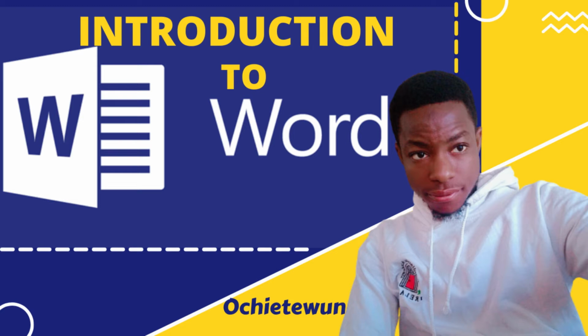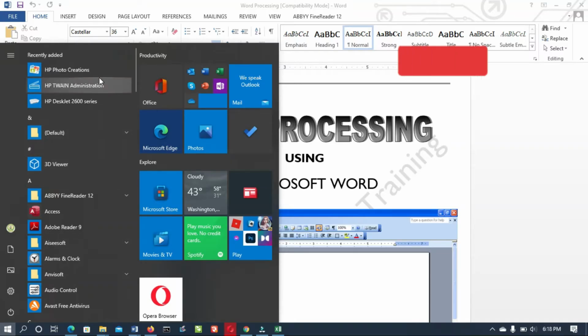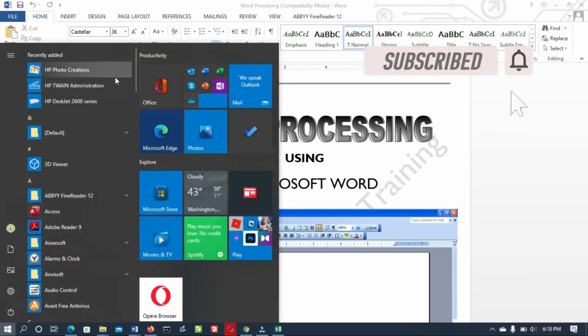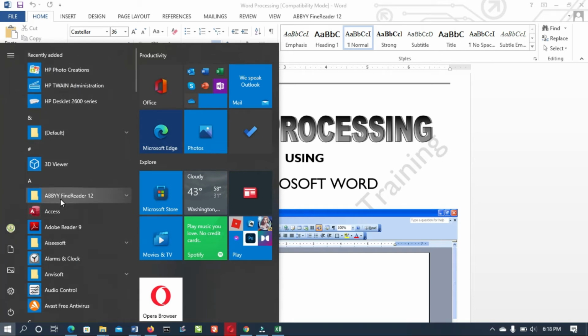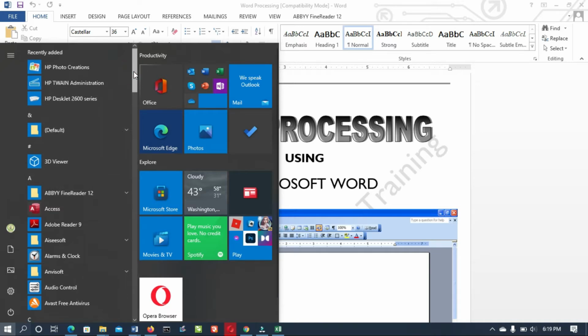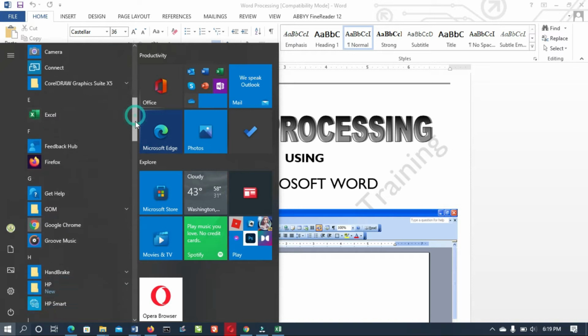How to open a Word document on your computer. You have to make sure that there is word processing software in your system before you can use it. To locate it in our computer, we can simply click on our Windows button. It depends on the Windows you are using. Here I'm using Windows 10. If you are using Windows 7, you will see All Programs before you can see these applications. If you are using Windows 8, it's going to pop up on the screen, then you have to search for it. Using Windows 10, I can simply scroll down to look for Microsoft